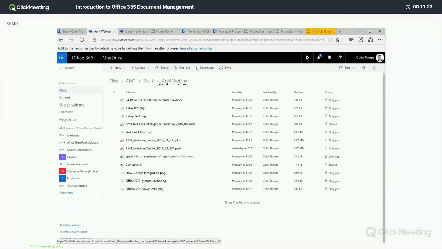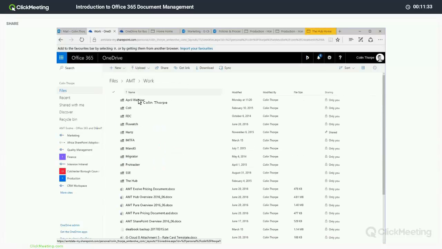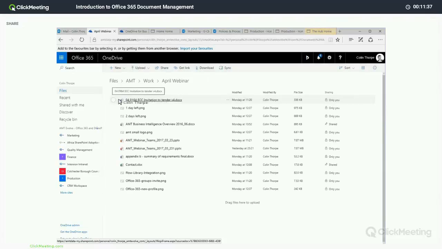You'll see along the top, it's kept a breadcrumb of the file structure. So if I want to go back up and see one of the parent folders, I can just click into it and move up and down the structure. Very easy, very point and click. Down the left hand side, I've got some links to other places. So like in recent,